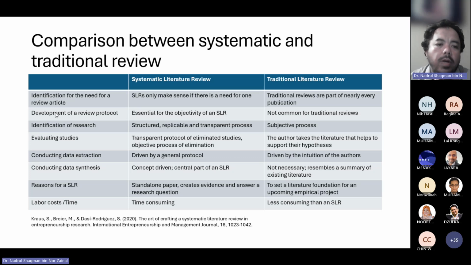And then conducting data abstraction is driven by the protocol again. In the narrative literature review, it is driven by the intuition of the authors. And then you have conducting data synthesis, which is a central part of an SLR and is not available in a literature review. And then reasons for an SLR: you can publish a standalone paper in a quality journal, which is very important